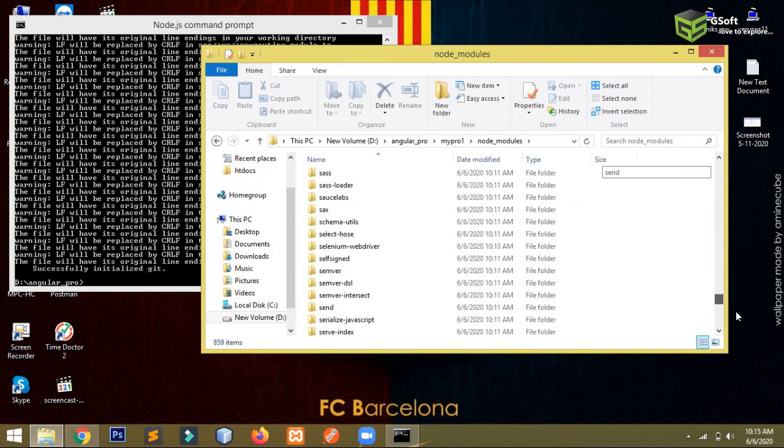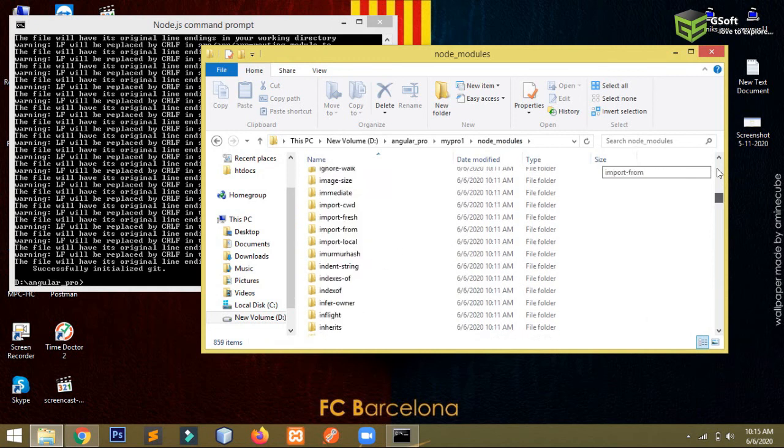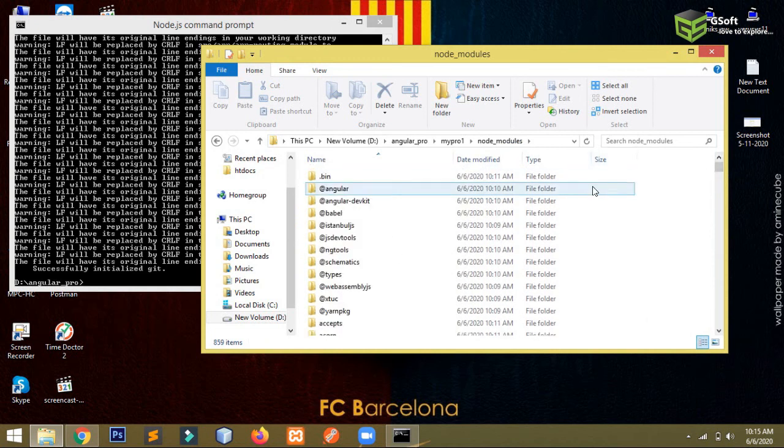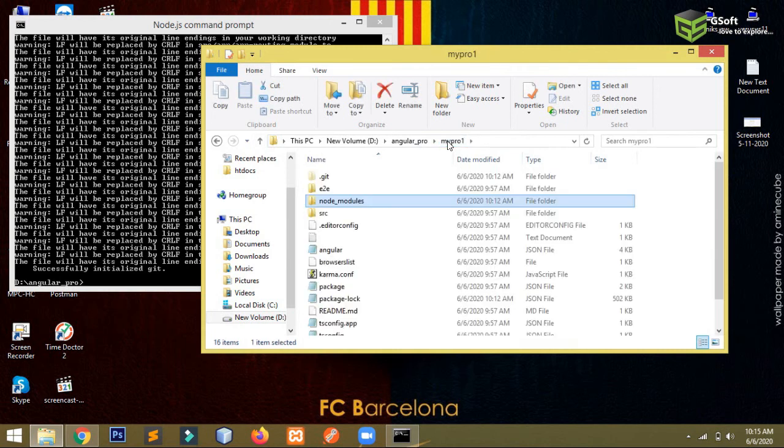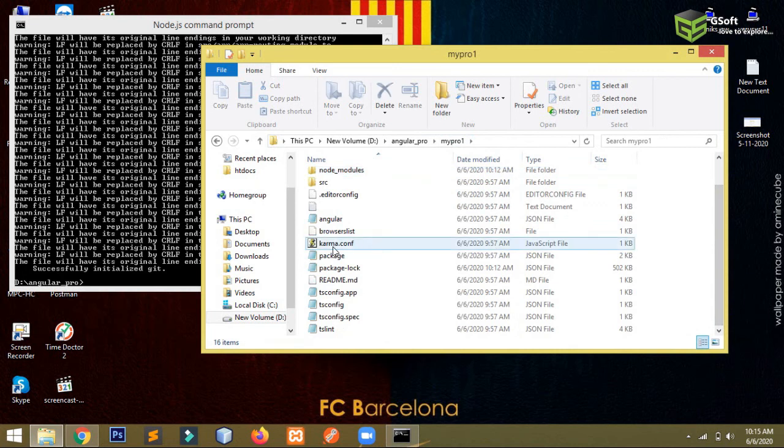You can see here. If you want to install some other packages also, I have already told you how you can do that. Just go to the npmjs.com website and search for the package you want to install, and you will get the install command from there. Okay guys, and use that command on your command prompt here. So I have already installed, and let me tell you one more thing.